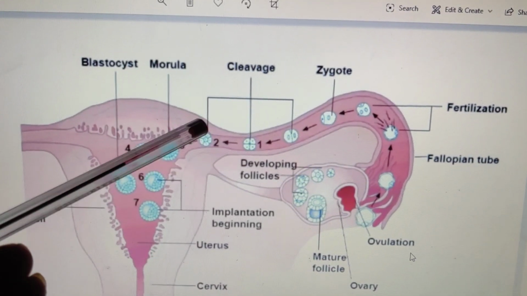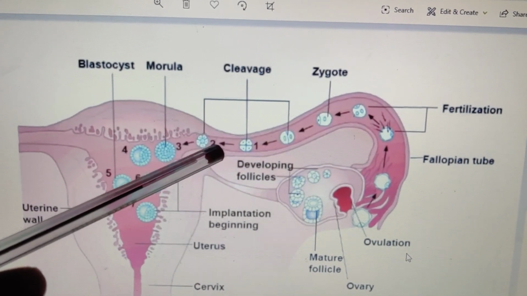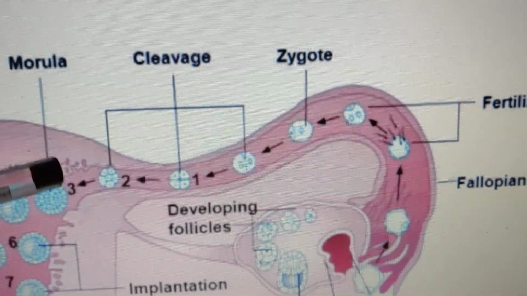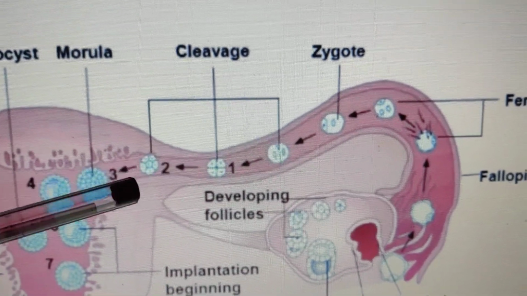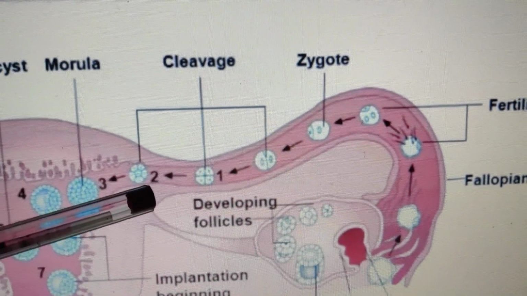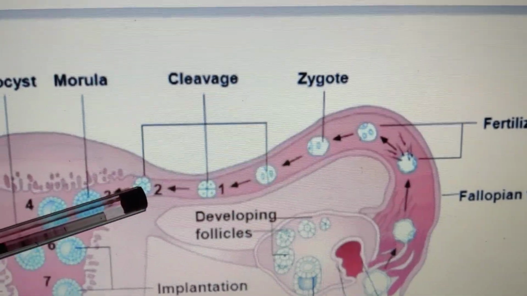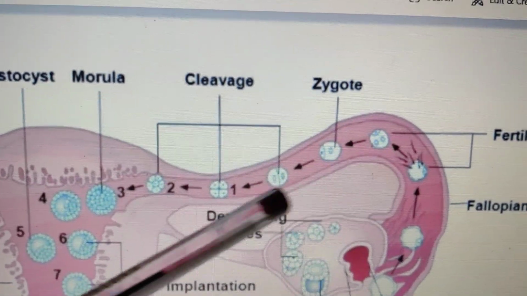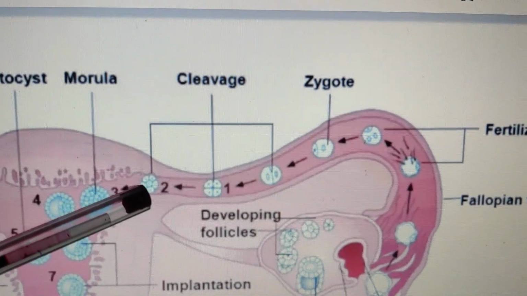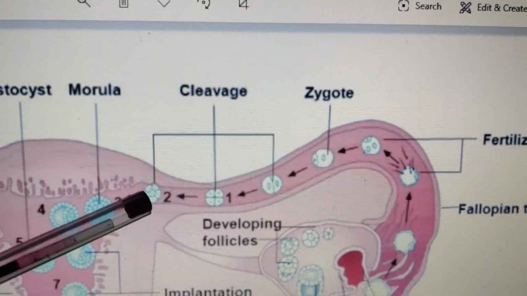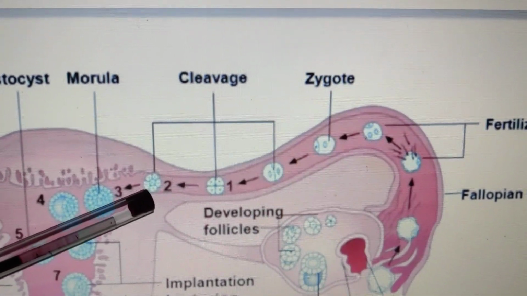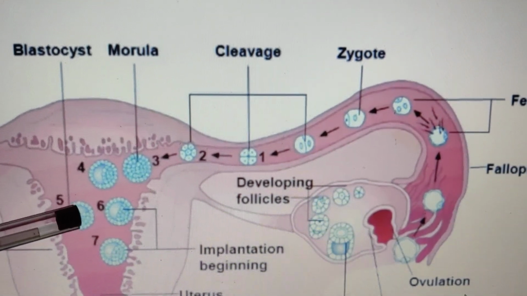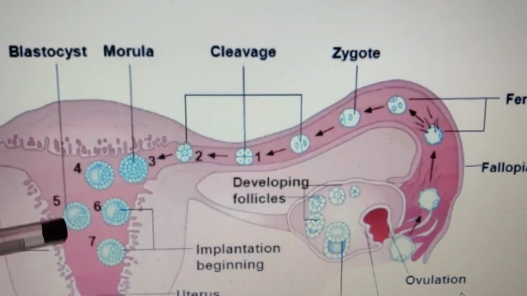Means इस morula stage तक जो outer layer है, जोना पेलुसिडा, अगर इसी स्टेज पे डिसइंटीग्रेट हो गई होती तो इसी फैलोपियन ट्यूब में फर्टिलाइजेशन हो गया होता. So to prevent that fertilization in the fallopian tube, it remains attached with this morula. After this blastula stage, now the zona pellucida degenerates.